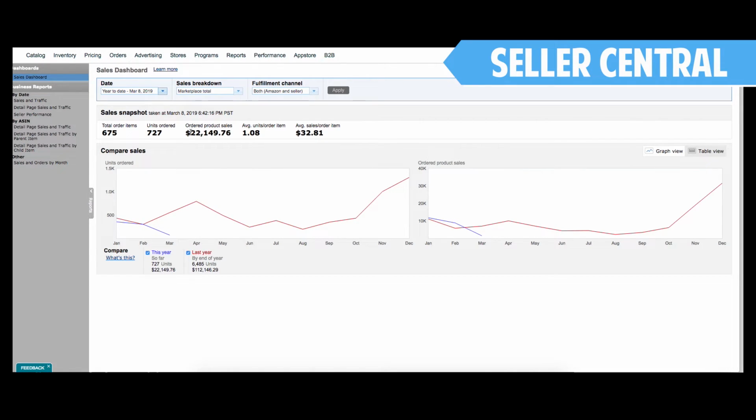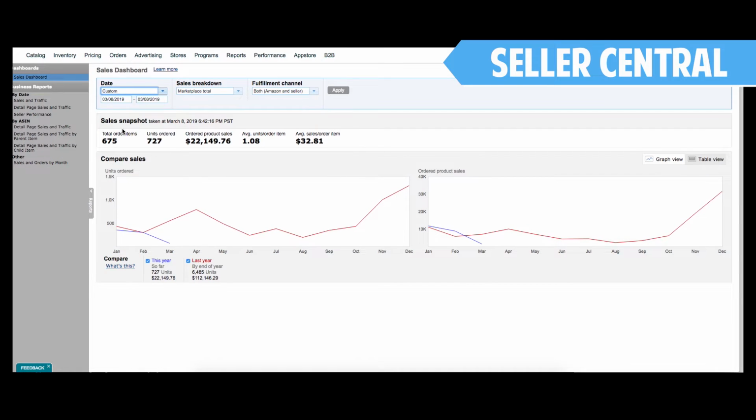And this is also nice to see too. You can see this year we've done so far $22,000 in sales. And this is where it gets to be really nice to have too, is I can see that we have an average sale price of $32, which is great because last year, if I just filter this down to where we were last year,